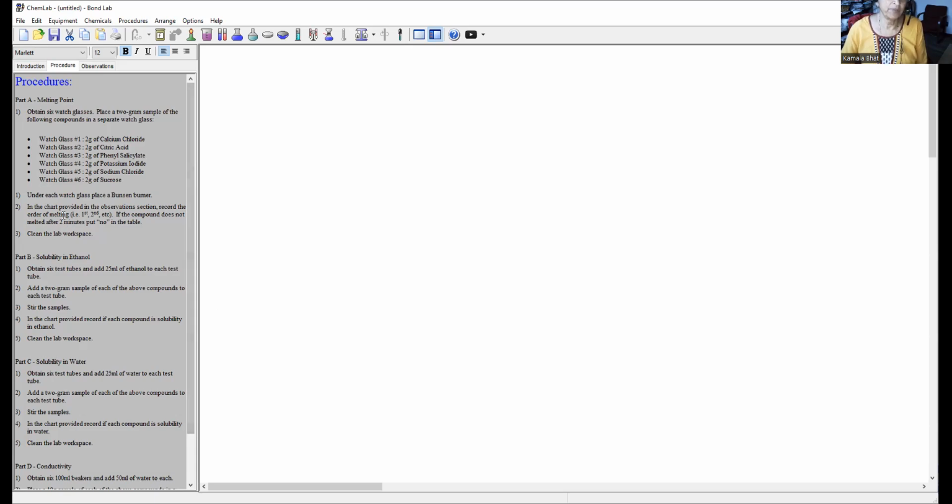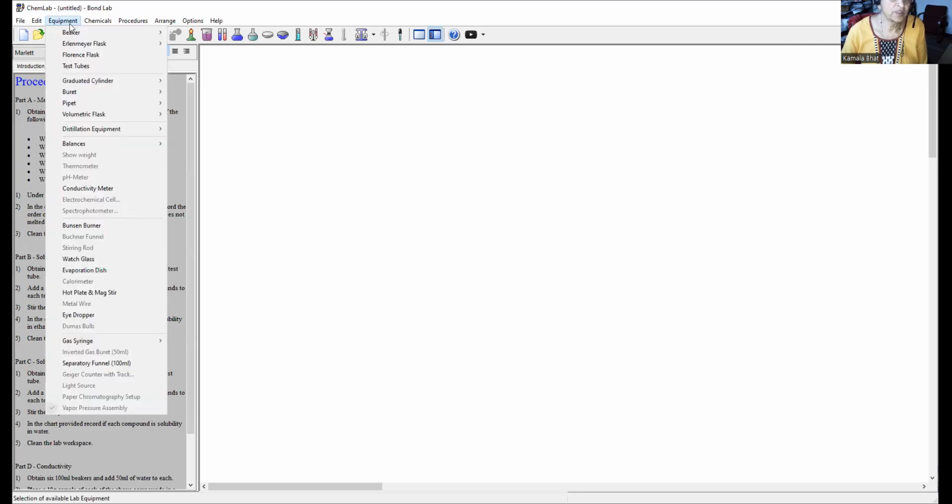Now, all your observations must be completed under the observation table. The observation table is the only item that can be copied and pasted directly from this experiment onto your lab report, because it indicates the values that you have derived. And so, first part, so I'm going to get